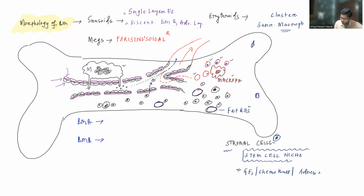This is because they produce the growth factors, chemokines, and adhesion molecules, which help keep the stem cells in a particular location. And this is the property that we see when you do the hematopoietic stem cell transplantation. When you do transplantation, we give the stem cells to the recipient through the peripheral vein. These stem cells will circulate in the blood, and ultimately they will go and home in